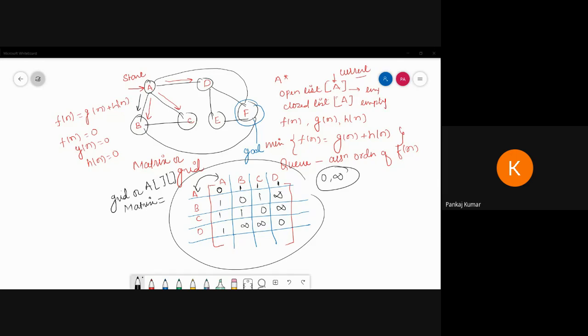So our aim is that everything is clear, and you know how the A star algorithm works. Then we have to put it inside code with the help of syntax, variables, and functions.